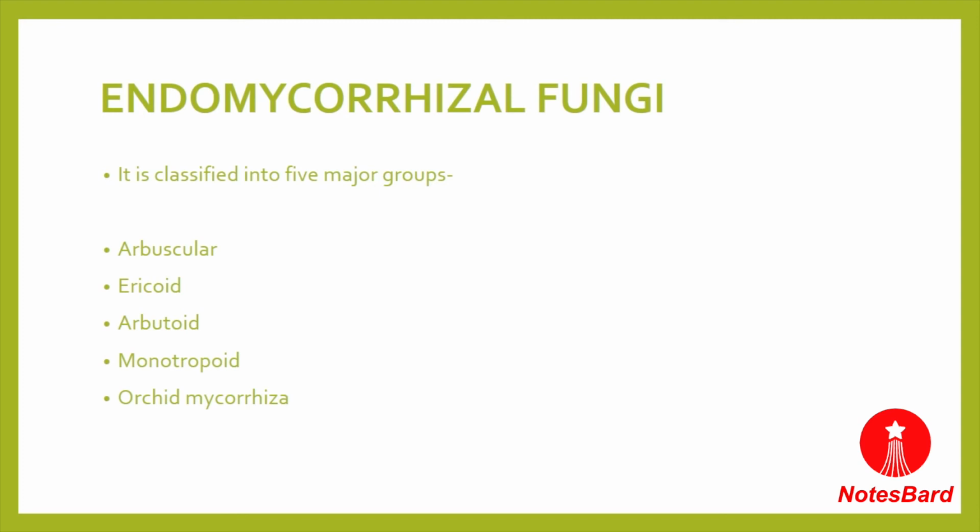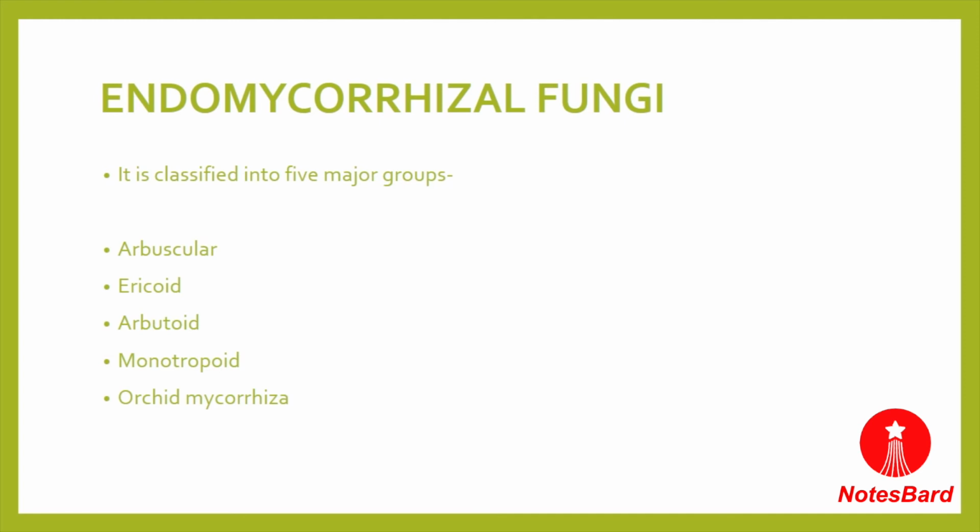The fourth type of the endomycorrhizal fungi consists of monotropoid mycorrhiza. The monotropoid mycorrhiza were thought to be part of the arbutoid mycorrhiza group, but now they are differentiated into another group named monotropoid mycorrhiza. They are found in different types of woody plants such as oak, cedar, or many other woody plants from the higher plant groups. And the monotropoid mycorrhiza are found in the subfamily of the Ericaceae family named Monotropoideae, and that's why it is named monotropoid